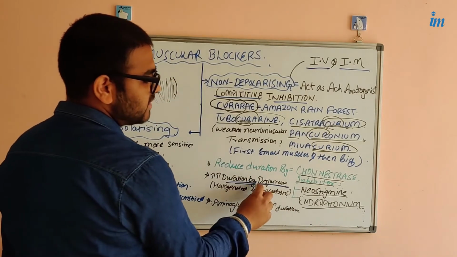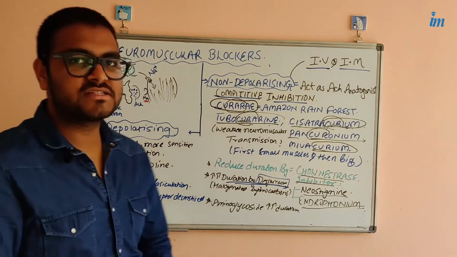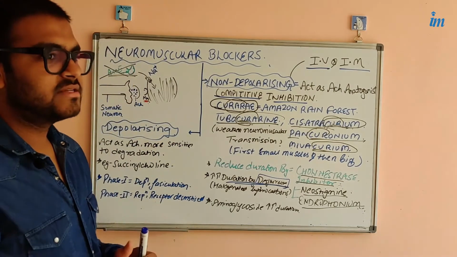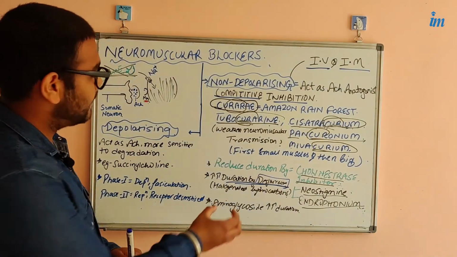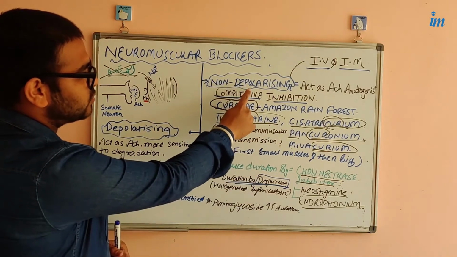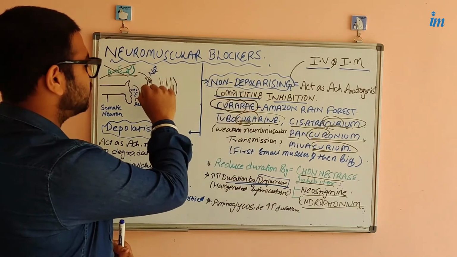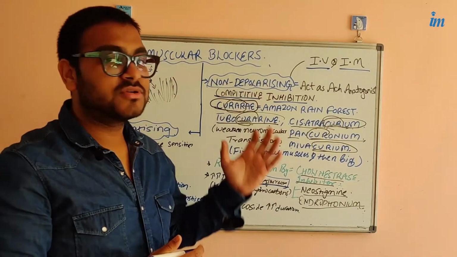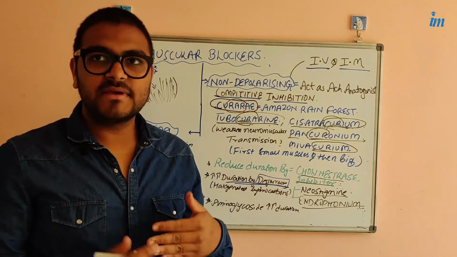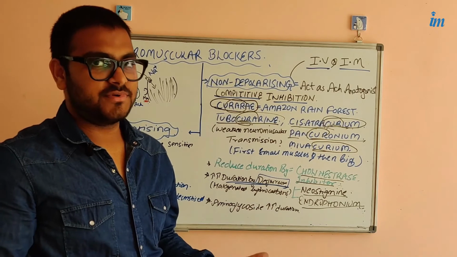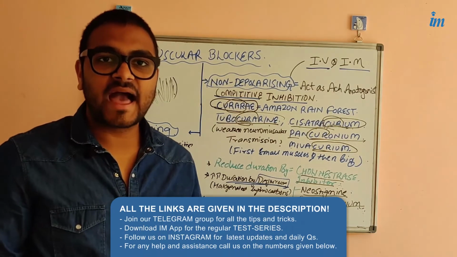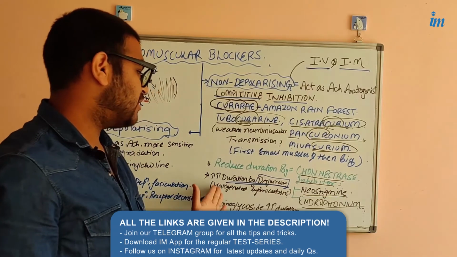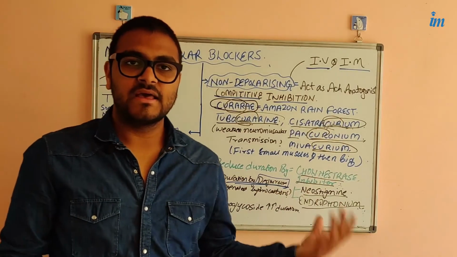This is a drug that is called desflurane. Desflurane is a type of halogenated anesthetic. Anesthetics, what do they do? They increase the binding of these neuromuscular non-depolarizing agents to the receptors. It means the receptors become more sensitized to these neuromuscular non-depolarizing agents, and if the receptors become more sensitized, what will it produce? It will produce enhanced paralysis. So enhanced paralysis can be produced by using halogenated hydrocarbons such as desflurane along with these